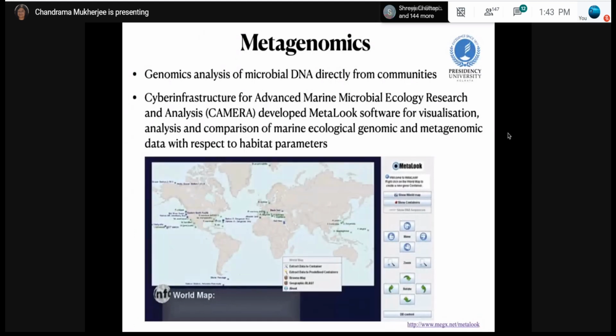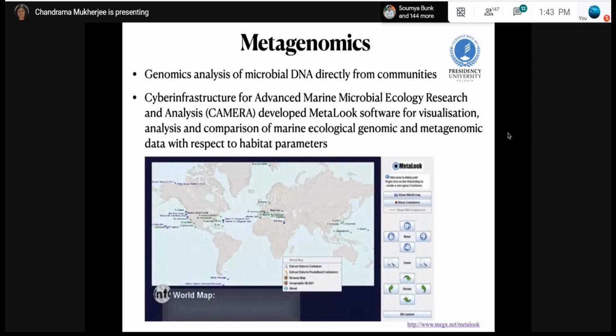Okay, so next, after genomics, where we discussed determining the complete genome set, the second approach is also very crucial in the study of marine life, where environmental samples can be processed to analyze complete or partial genome sequences of marine organisms present in the sample. This is known as metagenomics.